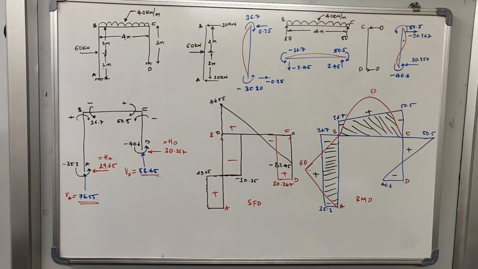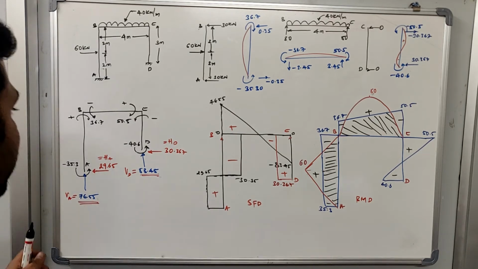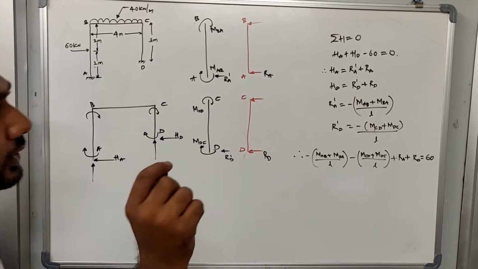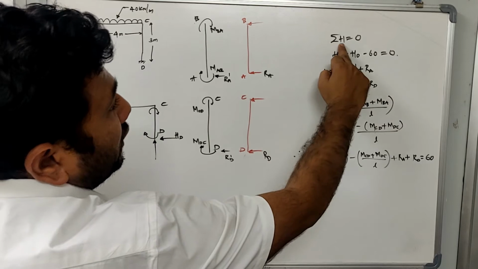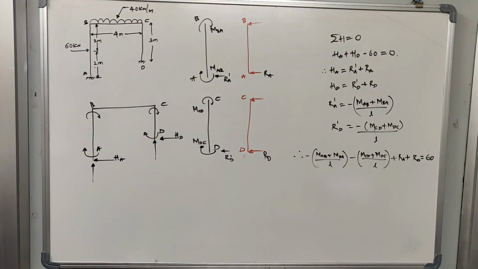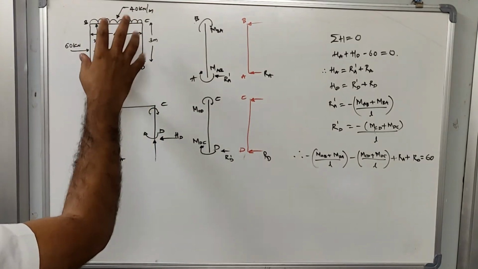Yesterday one of the students had asked me to explain the third equilibrium equation. So I would like to briefly discuss that third equilibrium equation, then we can move on to the next topic. Let me explain that again. To understand how we develop the third equilibrium equation, I'll take a general condition of how the equation has to be written. The first thing you have to remember is that we need to take the summation of all the horizontal forces equal to 0. So we will first understand what the horizontal forces are that will get developed for this frame.